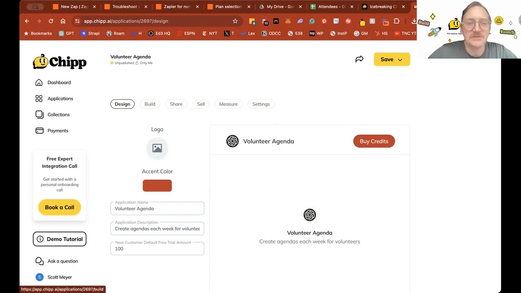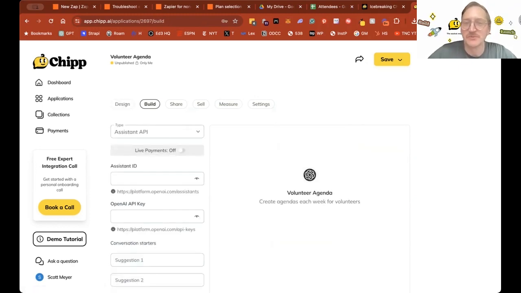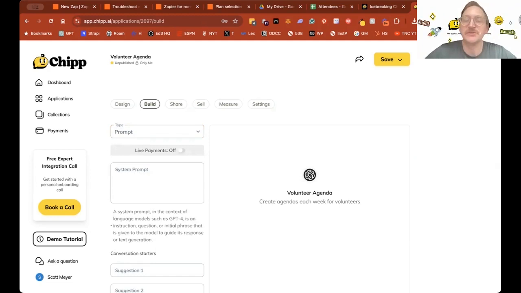What we want to do is go into the build section, and this is where we are going to start learning about step prompting, creating our first AI tool for our team. With Chip, you can build on OpenAI and connect it into Chip, so essentially Chip becomes a front end. Everything is going to be a prompt, meaning you don't have to pay for anything on OpenAI. You don't have to have an OpenAI account, and you just do everything in one place. So go ahead and click on prompt.